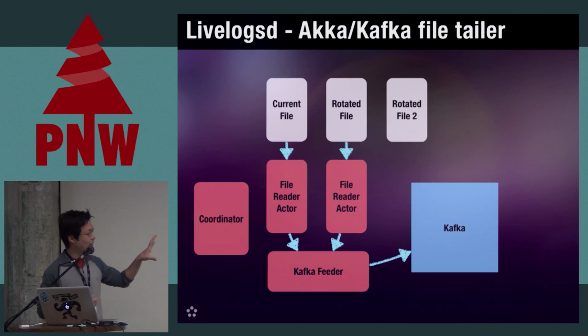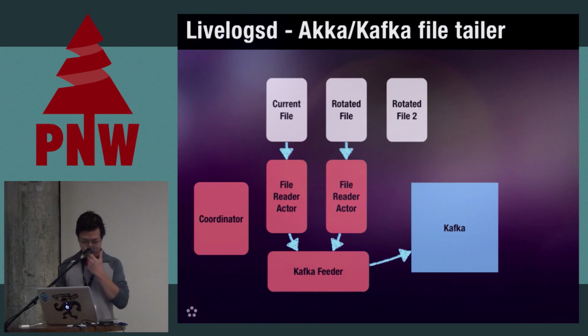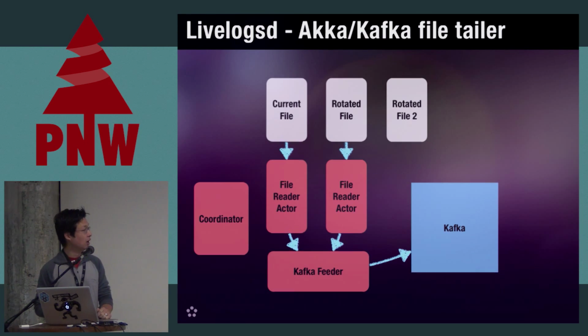And what we did was we have an actor that is tailing each file. And as it rotates, it keeps tailing it. What that allows us to do is, if we fall behind a little bit, we can tail multiple files. Once a new file gets created, we can tail it right away, and we can feed these events. It was a very, very simple test app. It was with Akka 1.3 or something like that. It was early days. So that's it.